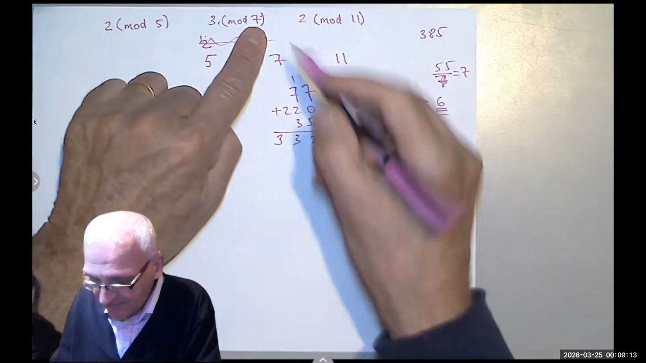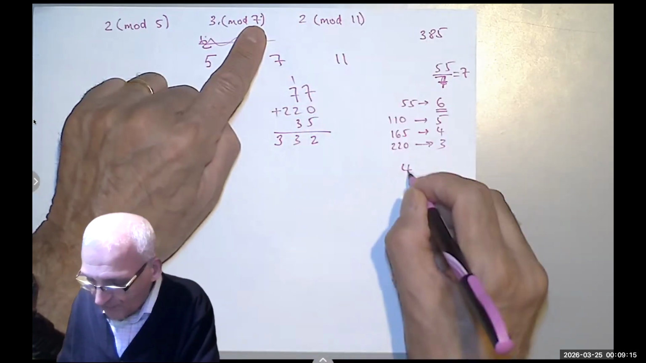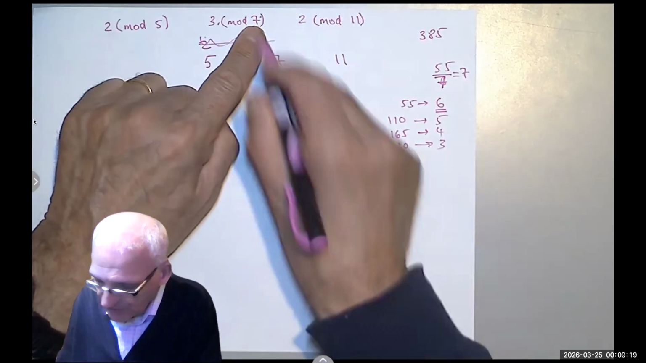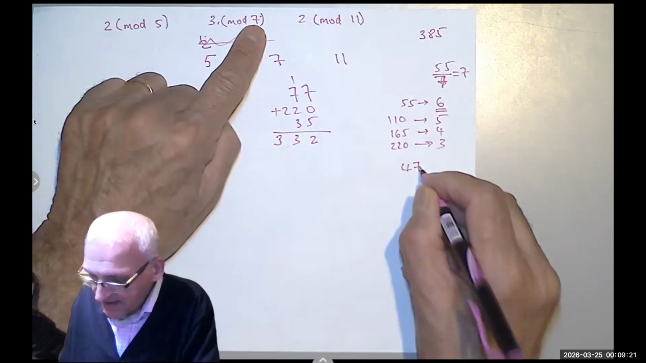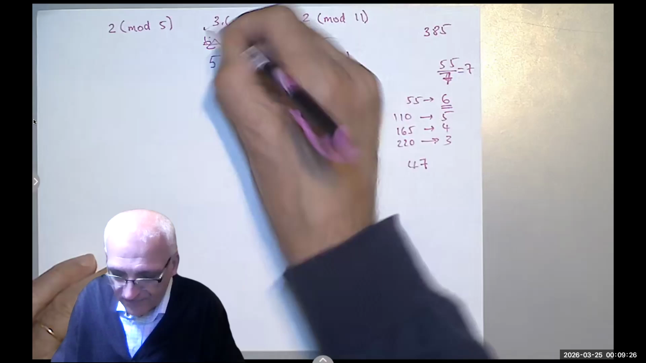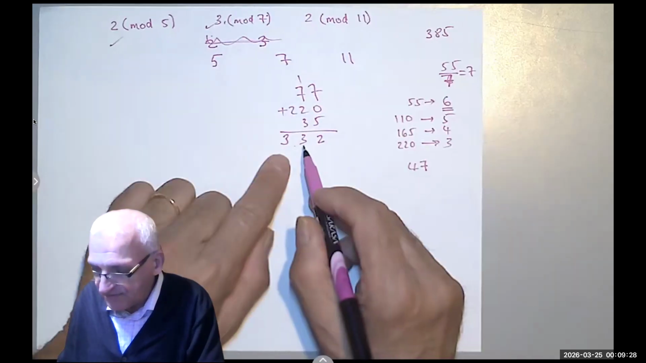By 7, if you divide 33 by 7, you get 4. 4 times 7 is 28, so that's 52. 52 divided by 7 is 7. 7 times 7 is 49. Out of 52, a remainder of 3. And sure enough, if you divide